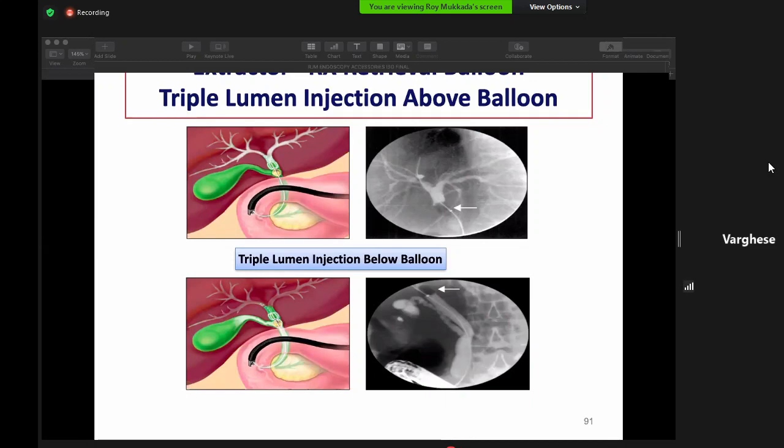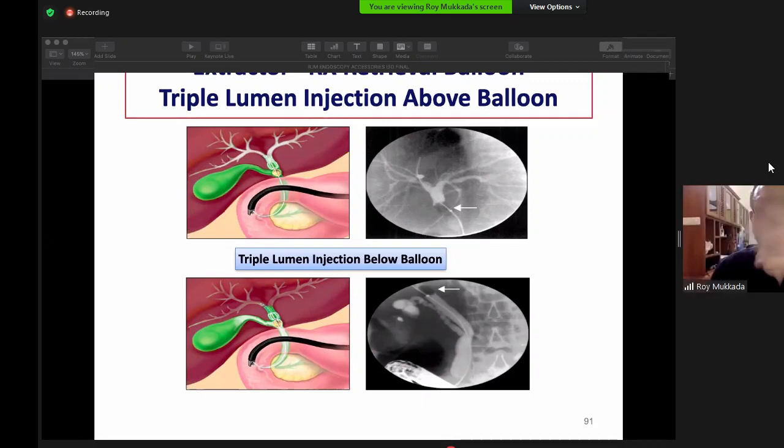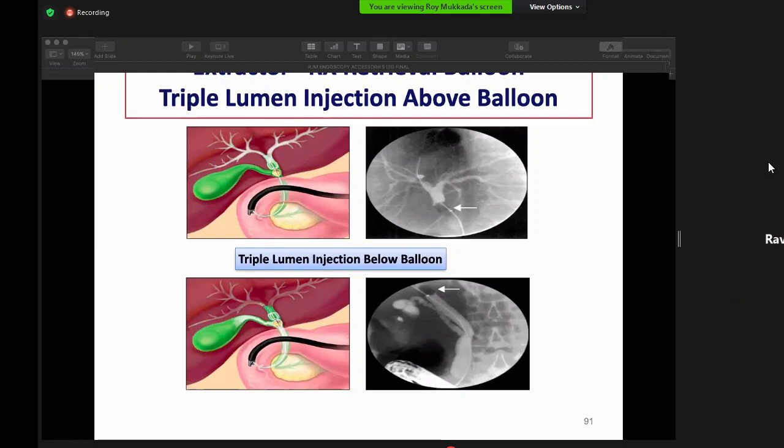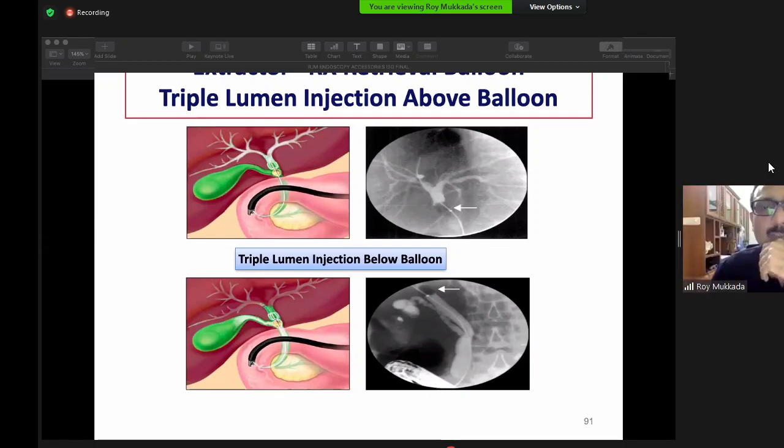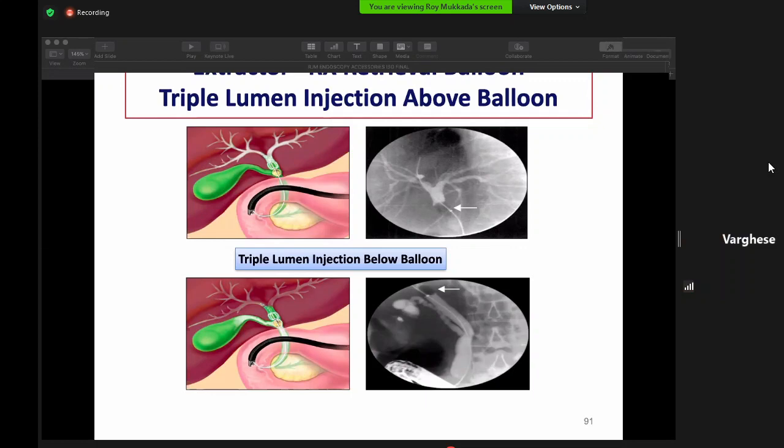Then if it doesn't come, you have to cut it. A lithotripter you can use also. Mechanical lithotripter. And if it fails with mechanical lithotripter, what is the next? Then we can use a cholangioscope and go for laser lithotripsy. You don't have the cholangioscope, you have not purchased it, you have just started. Any other simple methods?